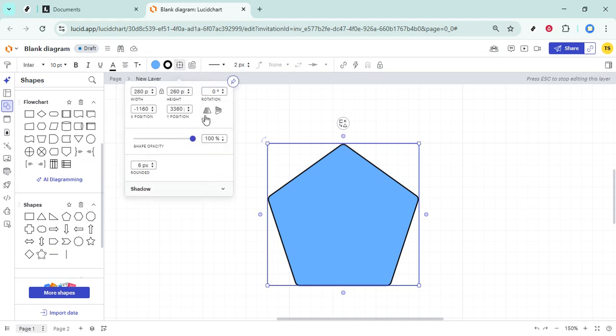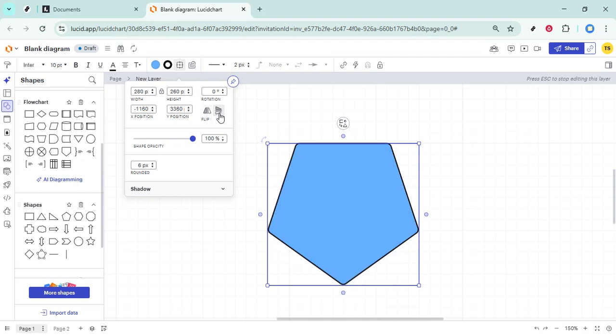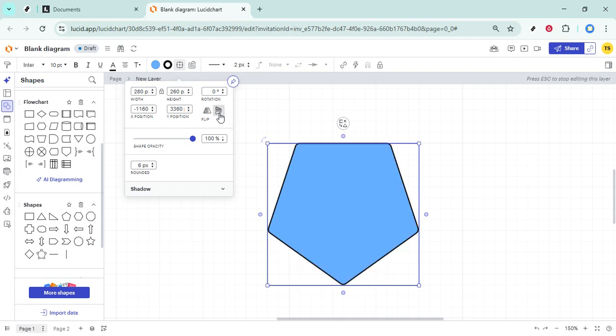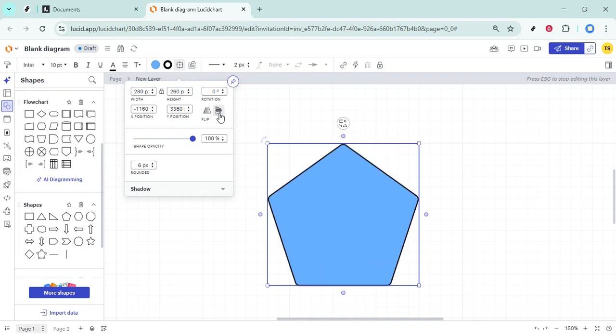Inside shape options, choose whether you want a horizontal or vertical flip. Flip horizontal mirrors the shape from left to right, which is perfect for changing the direction of arrows, callouts, or flow indicators. Flip vertical mirrors the shape from top to bottom, useful for brackets, triangles, or any element that needs an upside-down counterpart. The flip happens instantly, and if you don't love the result, you can undo immediately and try